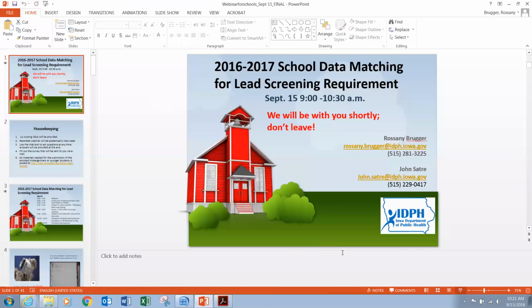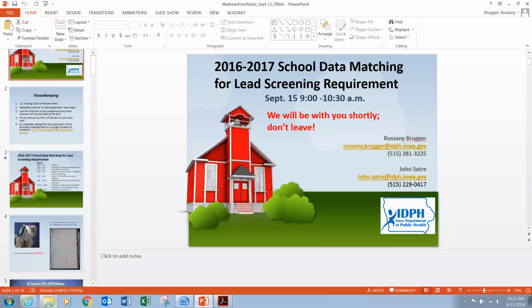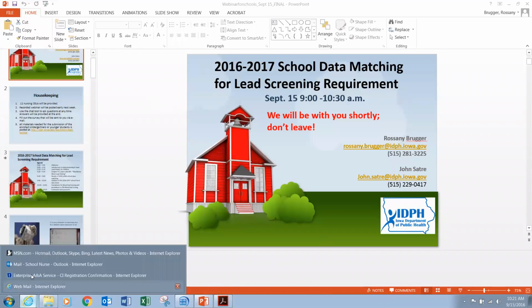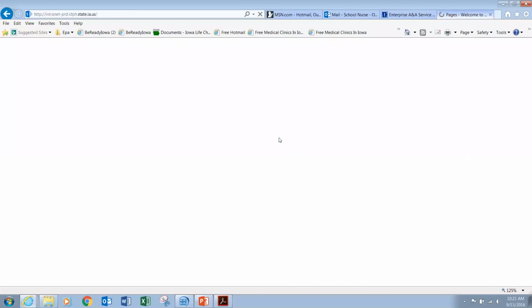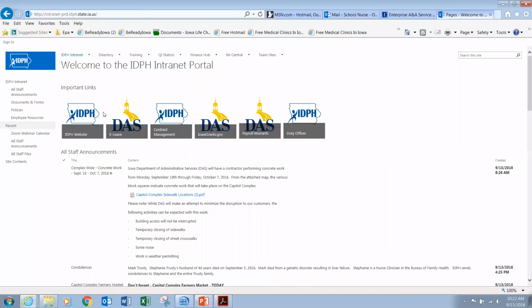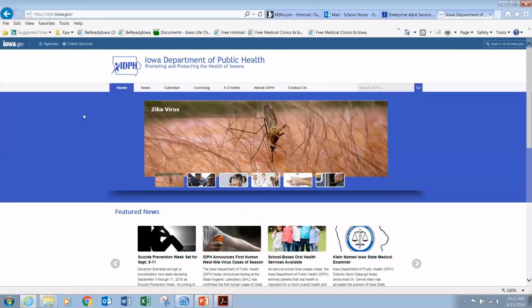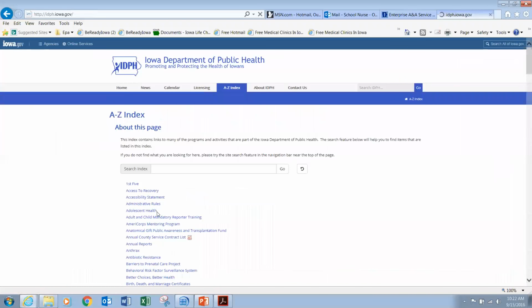If we could go to the website right now, that will be even better, so you can be familiar with our website. That's what we are doing right now, to show you exactly where to go to find all the information related to the Excel sheet, the instructions, and the information related to the mandatory blood testing.